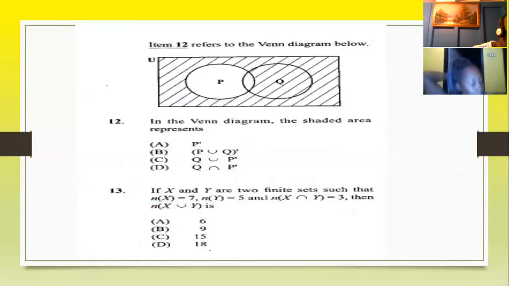Use your eyes and look for something. You tell me, it's a P intersect Q. What does it say? You see the shaded region, but the shaded region is Q and the rest of the set. So, therefore,